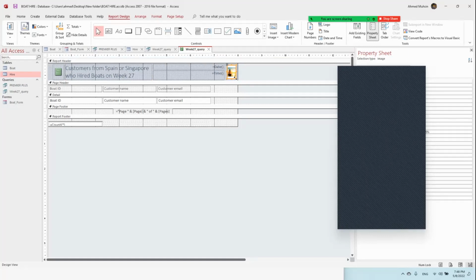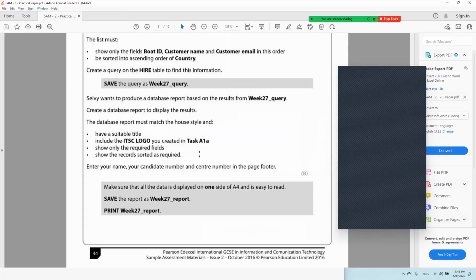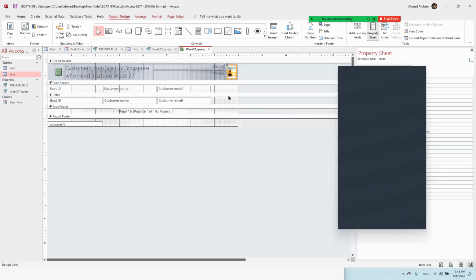That's why I'm putting it in the top right corner. Okay. Then next, guys, show only the required fields. How to insert a background image. Background image is so